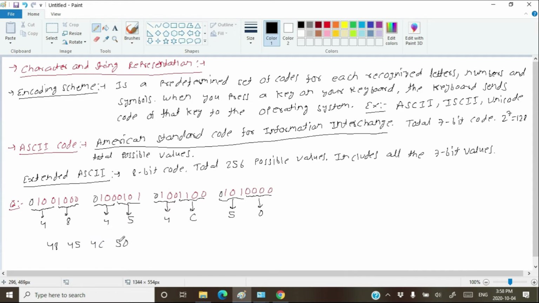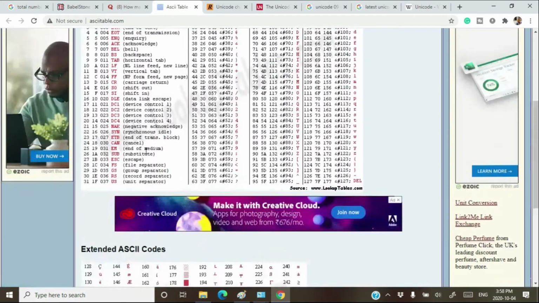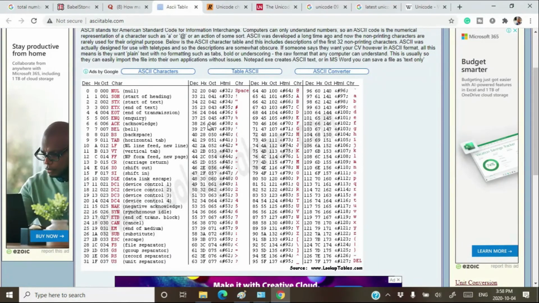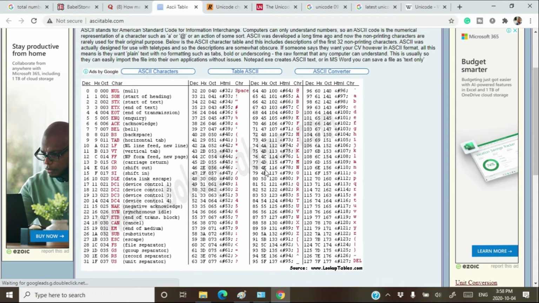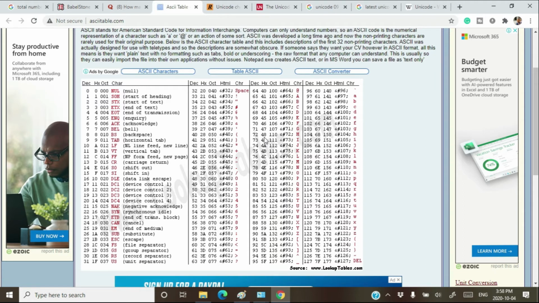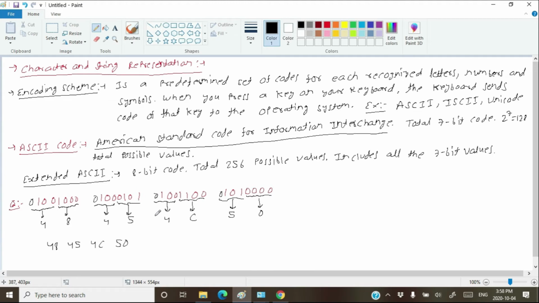Now find the character corresponding to the hexadecimal 48. You can find that 48 is H. If you convert all these hexadecimal numbers into corresponding characters, you will get H, E, L and P. So this binary has been decoded to HELP.